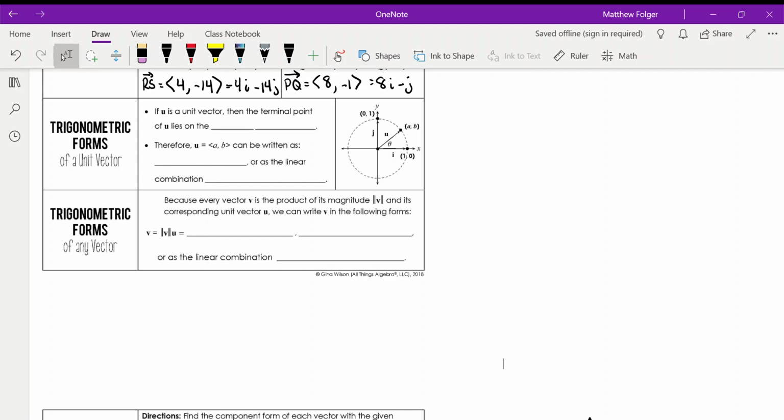Okay, so we talked about a unit vector. A unit vector means it's a vector that goes in a direction, but it only has a length of 1. So no matter where you put a unit vector, its terminal point is going to be on that unit circle that we talked about before. The unit circle has a radius of 1, so the end of that vector is going to be on the unit circle. Now what that means is that if there's a unit vector v, we can write that as